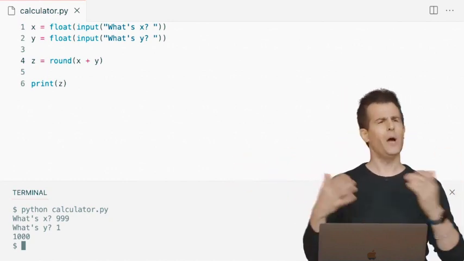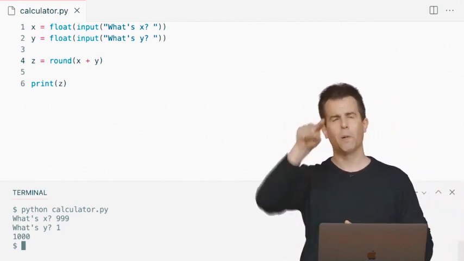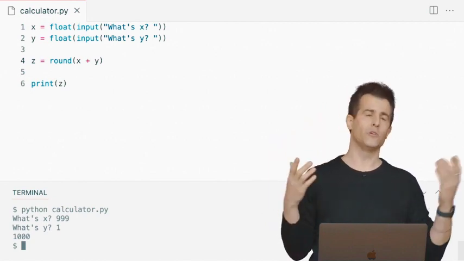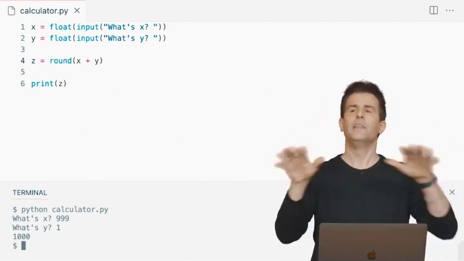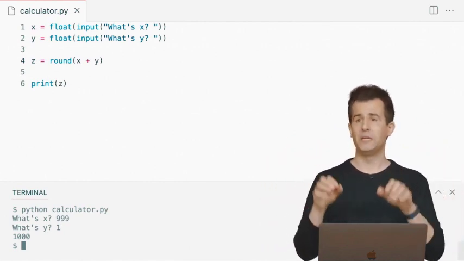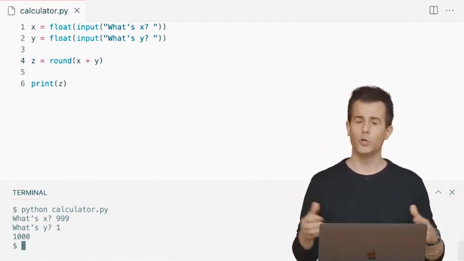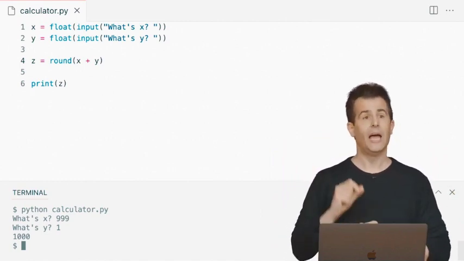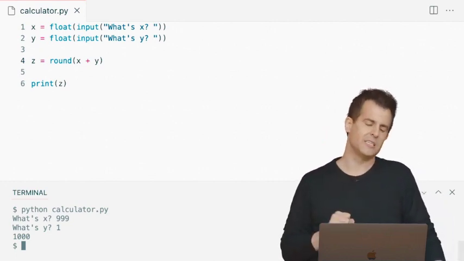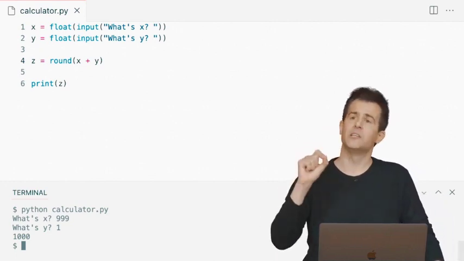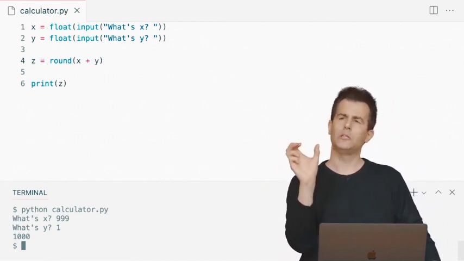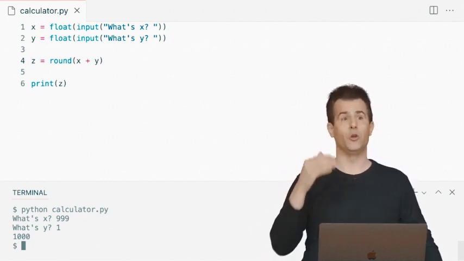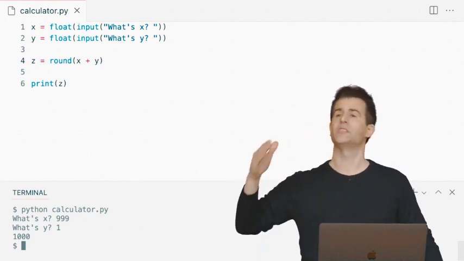But in the US, we tend to format long numbers by putting commas after or before every triple of digits. Other countries flip it and use periods and commas instead. That's a system setting. You can change that on your own Mac or PC or device for Python or any language. But for me, I'm using the US approach here, which is periods for decimal points and commas for separators. What if I wanted this to be outputted as 1, comma, 0, 0, 0? Just to make it a little more clear that it's 1,000 and not something like 100. That's even more useful when it's like 1 million: 1, comma, 0, 0, 0, comma, 0, 0, 0.